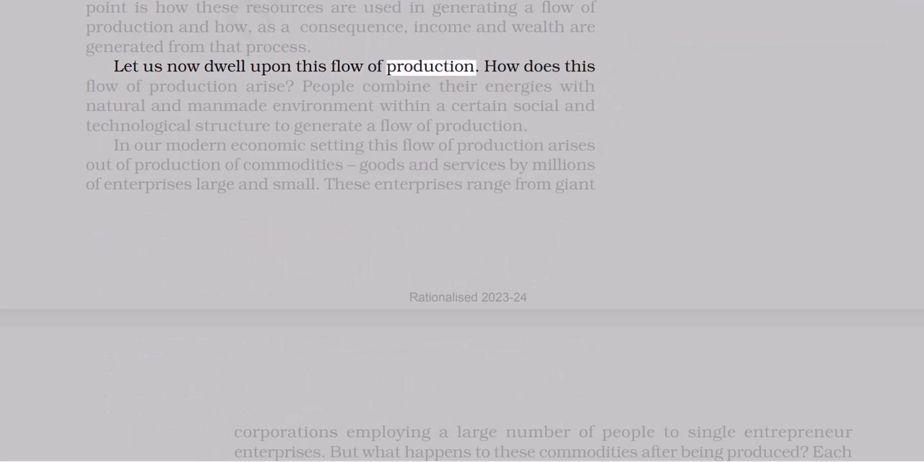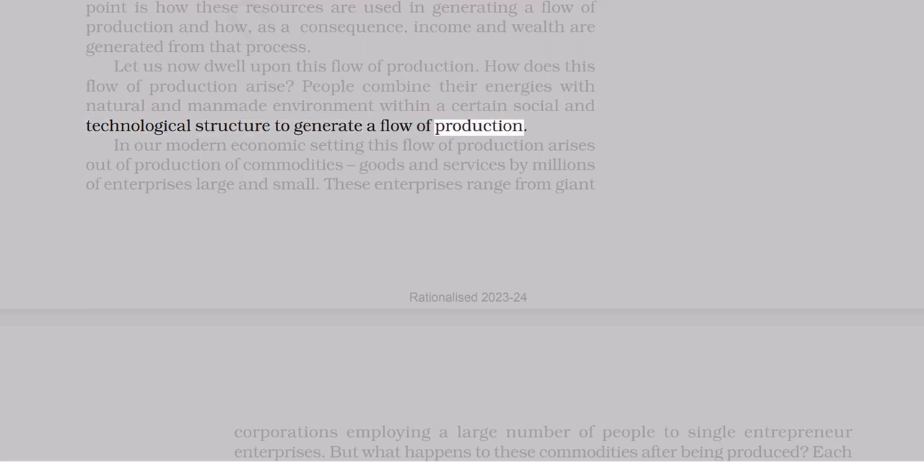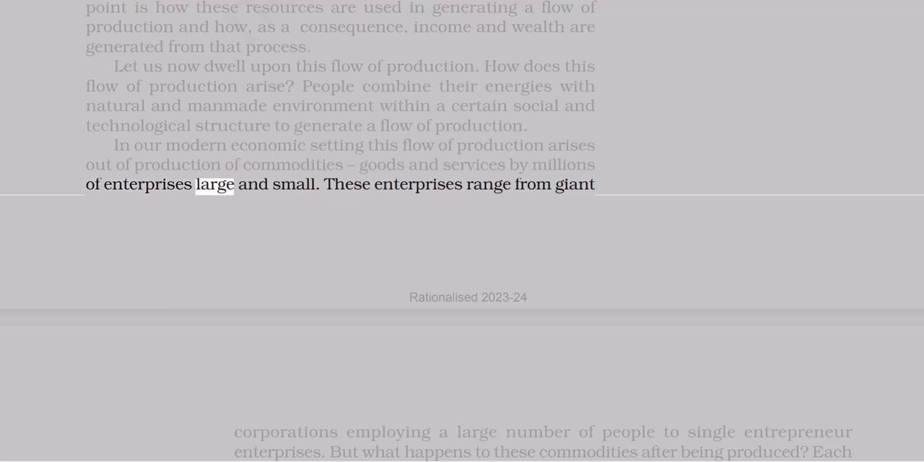Let us now dwell upon this flow of production. How does this flow of production arise? People combine their energies with natural and man-made environment within a certain social and technological structure to generate a flow of production. In our modern economic setting, this flow of production arises out of production of commodities, goods, and services by millions of enterprises large and small. These enterprises range from giant